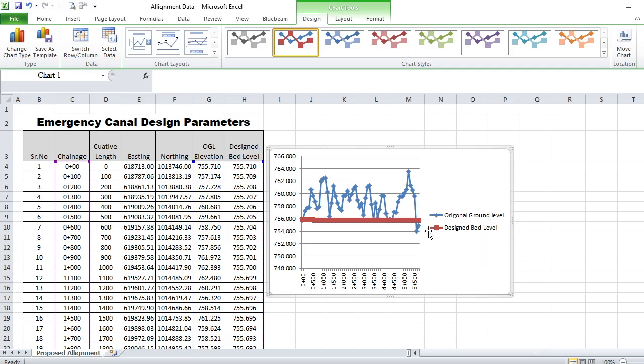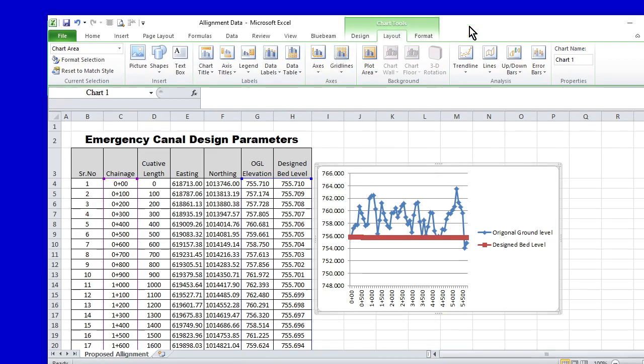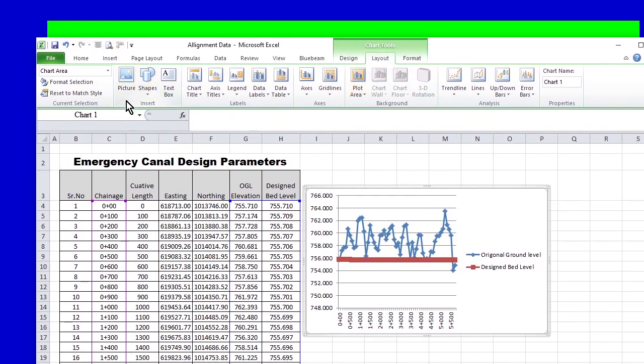Okay, so now what we are going to do is make it show that this is an elevation, and that the horizontal one is the chainage. So what to do here is just go to the data here. Come to the layout. Here you click the layout, then there are a lot of options here. Look, as you can see, you can